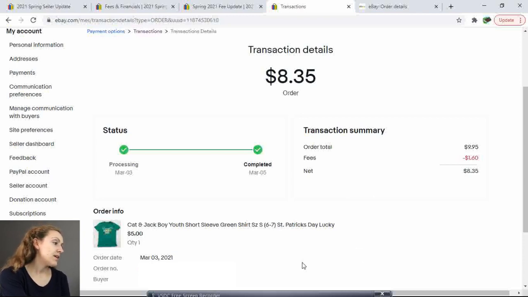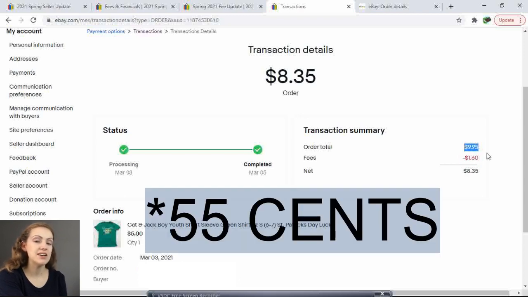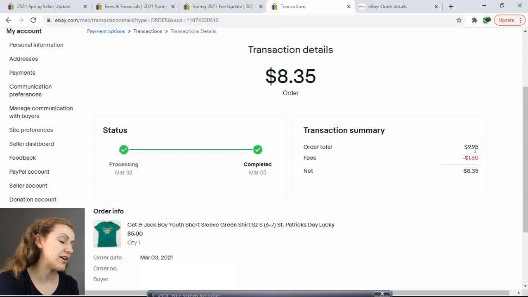So here it shows me the order total and it is $9.95. That just includes the price of the item and the shipping, because the buyer paid $5 for the shirt and then $4.95 for the shipping. But when I run the calculations on those fees, I don't get $1.60 for my fees. That's because the fee takes into account the sales tax, but the $9.95 did not include the 55 cents in sales tax. So I used to be able to figure out how much the